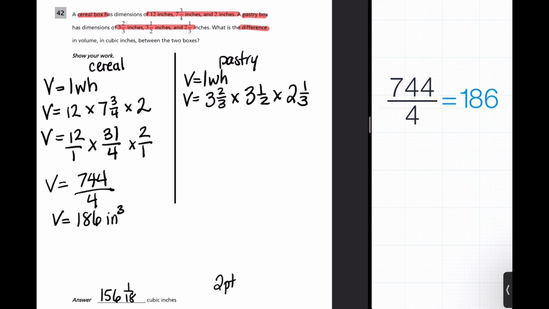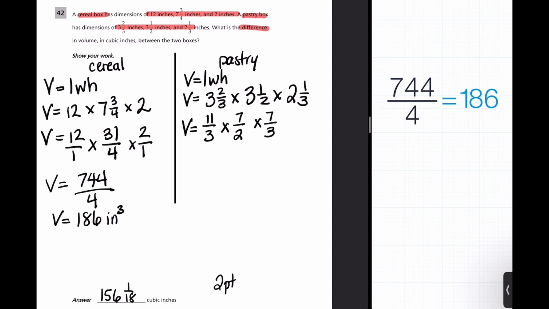Alright, let's look at the pastry. We're going to do the same thing. Let's turn all of these into improper fractions. 3 times 3 is 9 times 2 plus 2 is 11. 11/3 times 7 halves